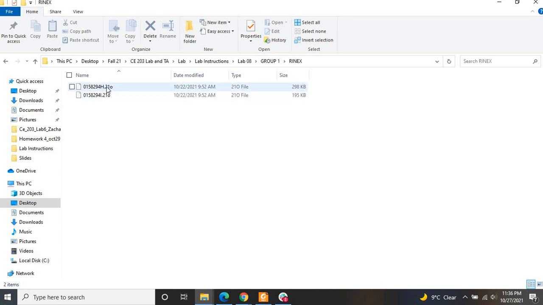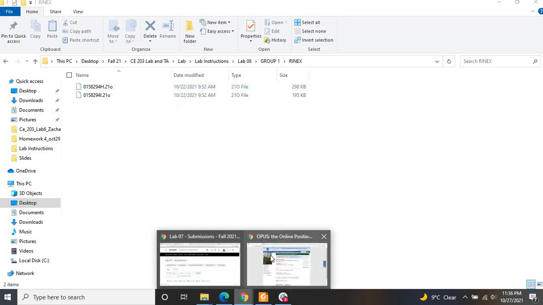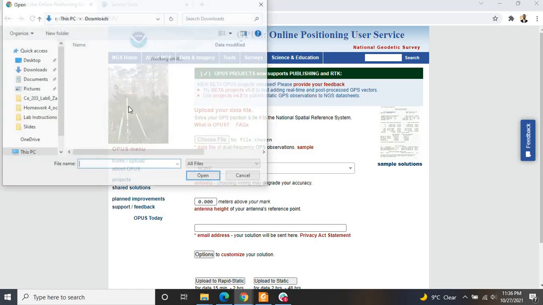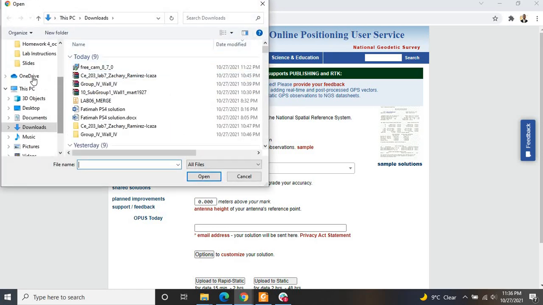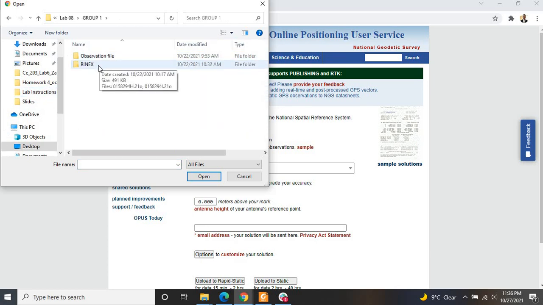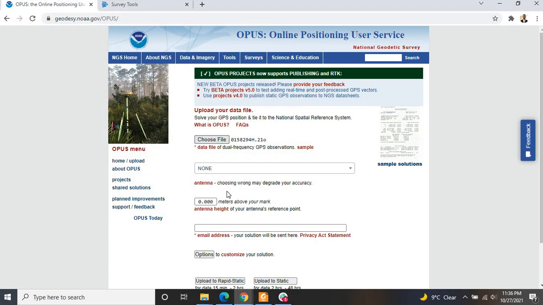So for this first one, H, let's do this one as an example. When you go to Opus, you click on choose file. Then you navigate to the folder where you have the file. If you are going with H, click open. So it loads up, and you have H here.